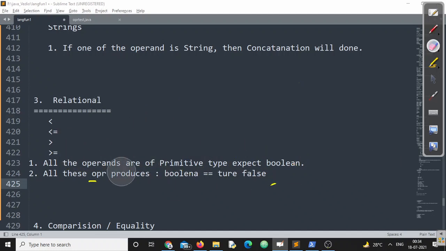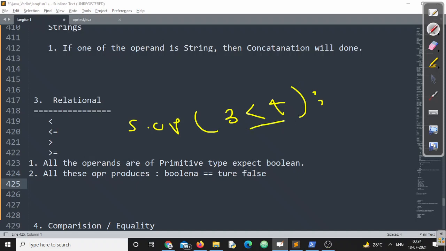Say, for example, if I am writing System.out.println(3 < 4). Now, is 3 less than 4 true or false? Immediately it will say yes, true, right?